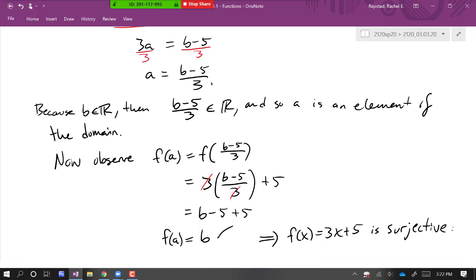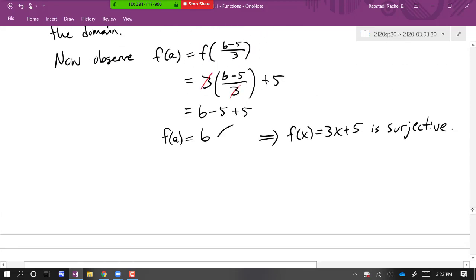Functions could, like 3x plus 5, be both injective and surjective. A function could also be one but not the other. For example, e to the x, that exponent or any exponential function, is injective but not surjective, right? If you look at a graph of e to the x,